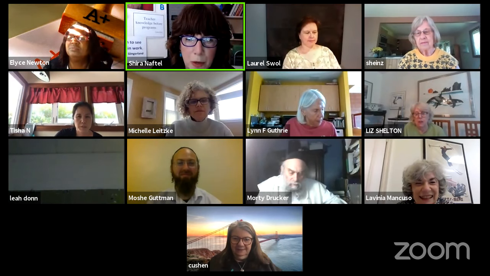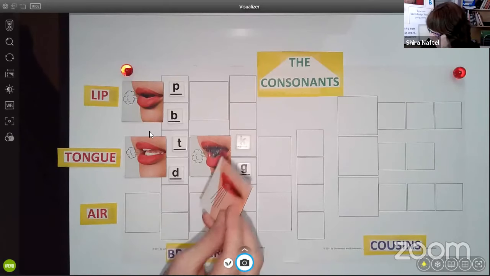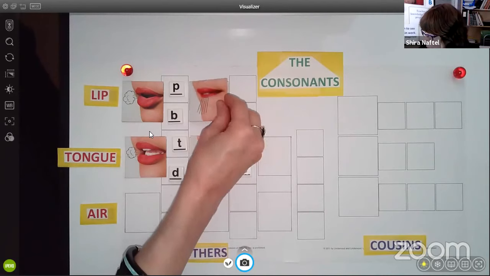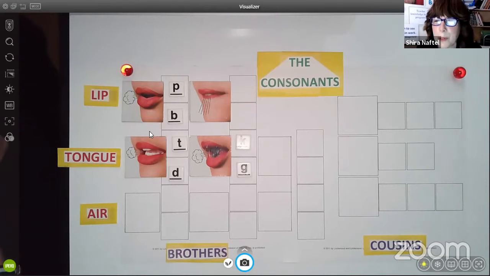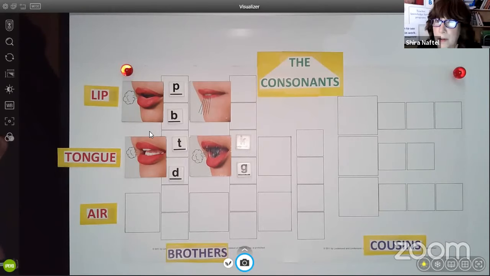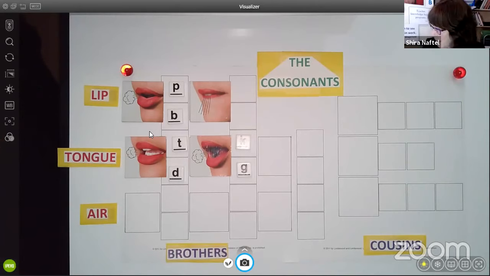Okay, so I'm going to share my screen again, and we're going to put our lip cooler. Do you agree that our lip cooler should go in the lip row? Is everybody feeling like that would be a good choice? I'm thinking it would be, so we'll just do it that way. And what letter are you thinking for quiet lip cooler? For quiet, check your throat. F. I think you're right.